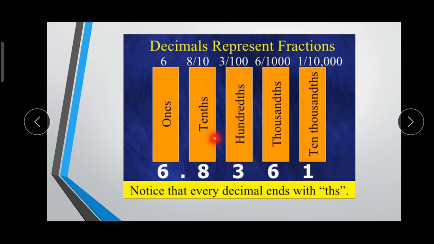After the decimal dot, the third number is thousandths. And after the decimal dot, the fourth number is ten-thousandths. But on the left hand side of the decimal dot, we call it ones, tens, hundreds, thousands. So how do we use the place value chart? Ones, tens, hundreds, thousands, ten-thousands like that. In a decimal it is slightly different. After the decimal dot, we call it tenths, hundredths, thousandths, then ten-thousandths. And on the left side of the decimal dot, ones, tens, hundreds, thousands. Am I clear, children? So I hope you understand how to read decimal numbers.